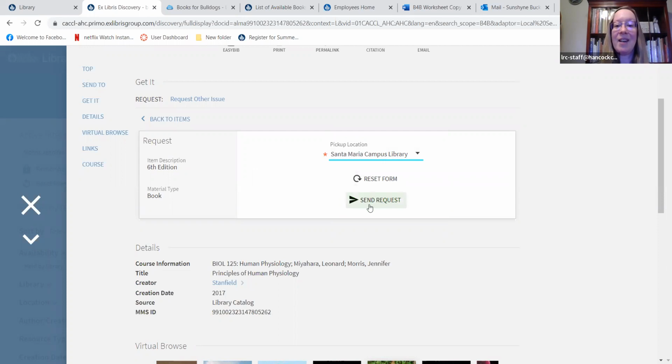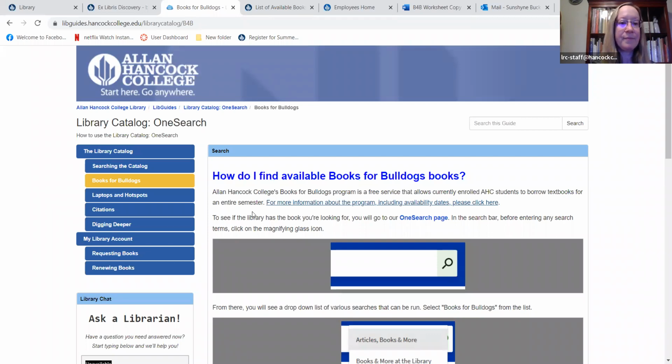And then I would select send request, okay? Now I'll show you what happens once you've done that, because I don't want to actually place a request on this book. So if we return to the library's LibGuide,